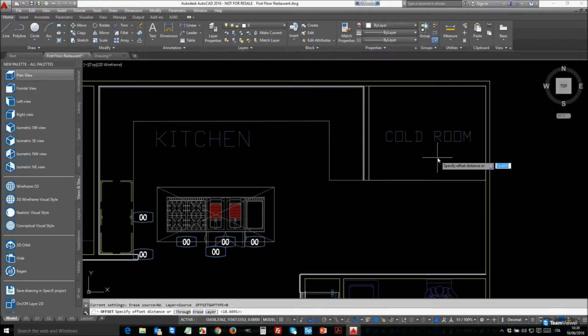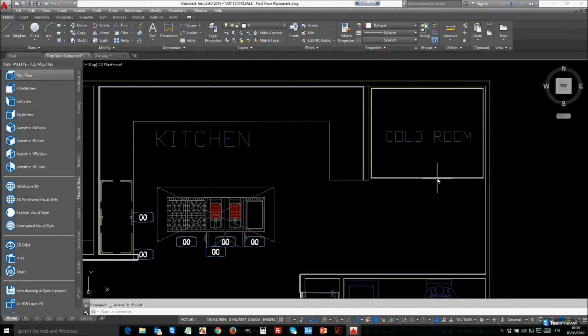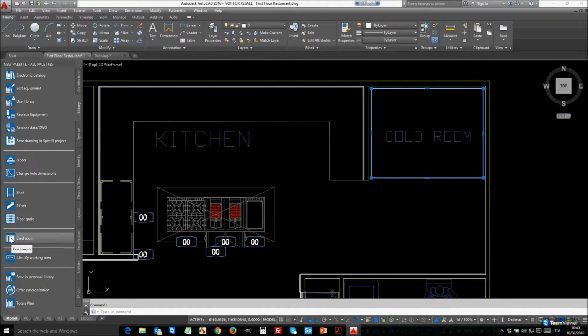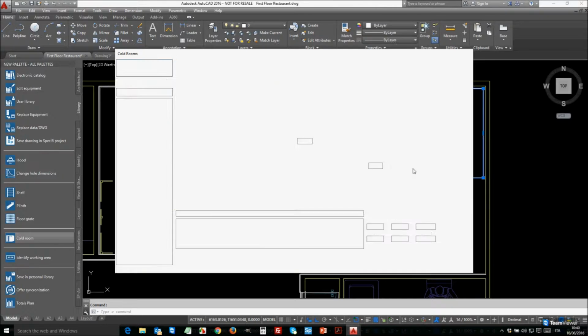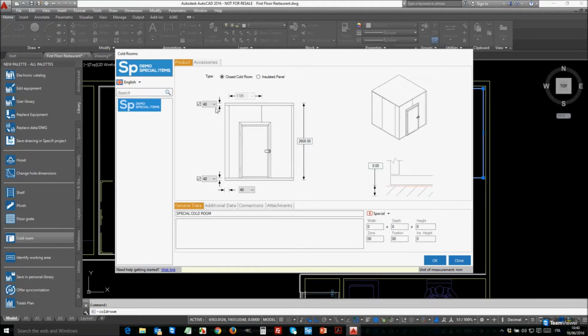Or I can create, for example, I can use the rectangle command to draw a shape. If I want, I can also use AutoCAD standard commands. You can see that Specify works a lot with AutoCAD standard commands. Supposing I want